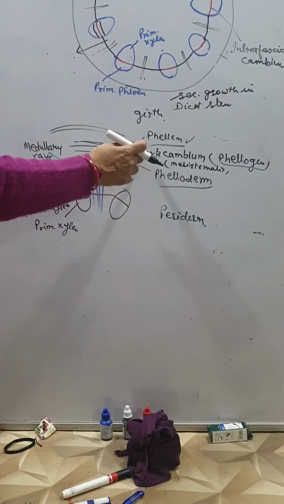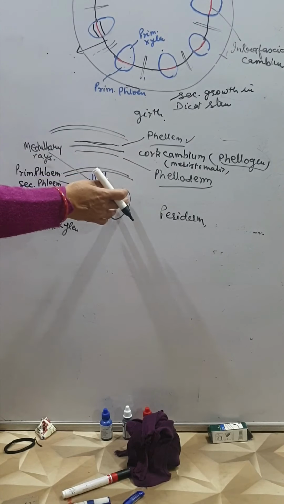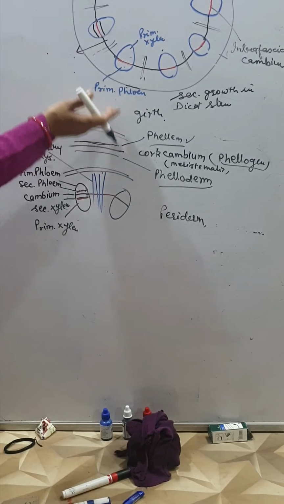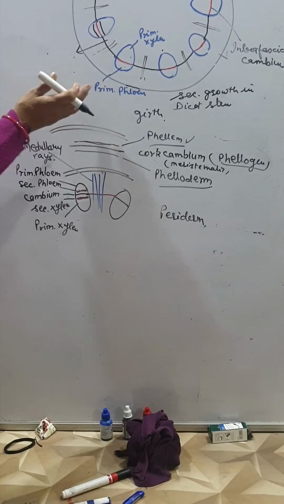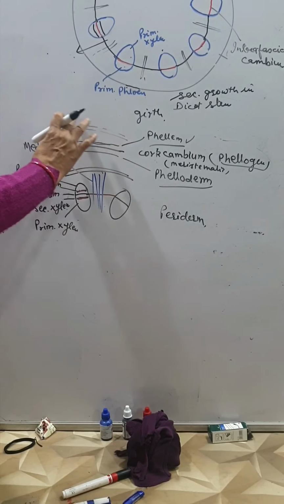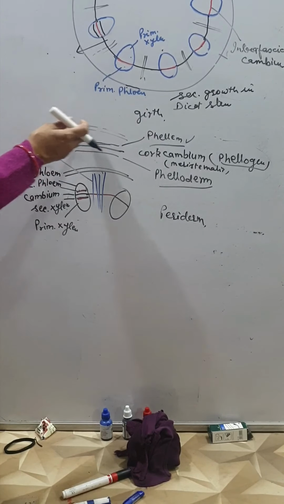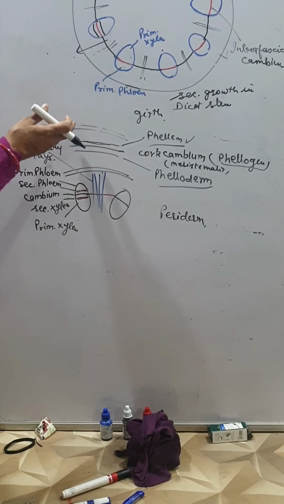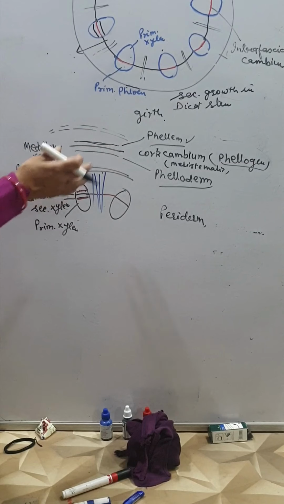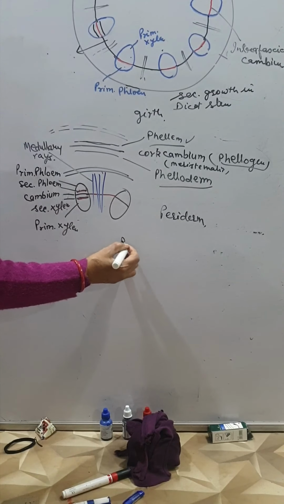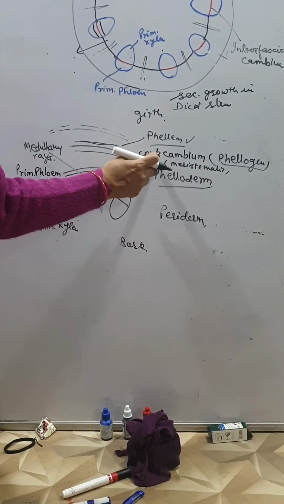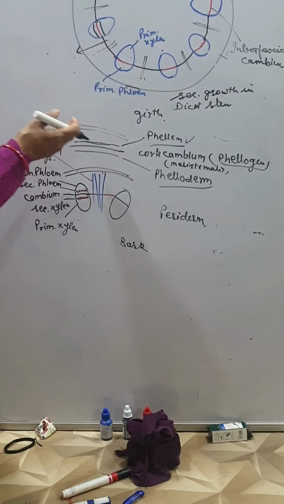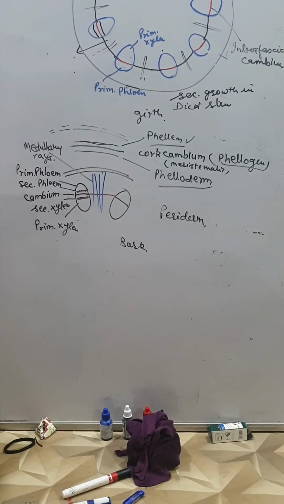Due to the activity of the cork cambium, pressure builds up on the remaining layers of the periphery to the phellogen, and ultimately these layers die and are sloughed off. They look like pieces of ruptured tissue and form the bark. Now we discuss the bark. Due to the activity of phellogen, the outer peripheral tissues get ruptured, sloughed off, and remain as ruptured tissues.